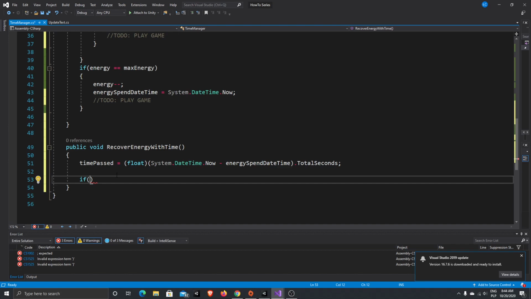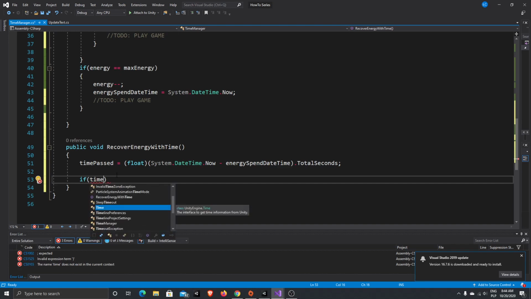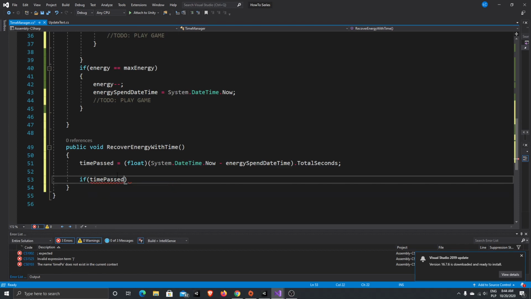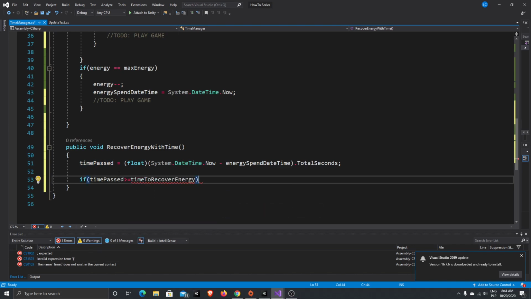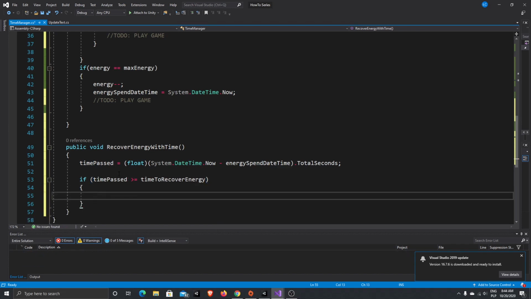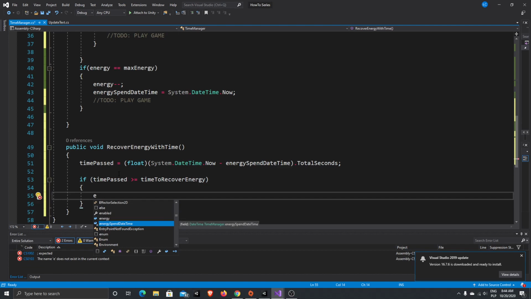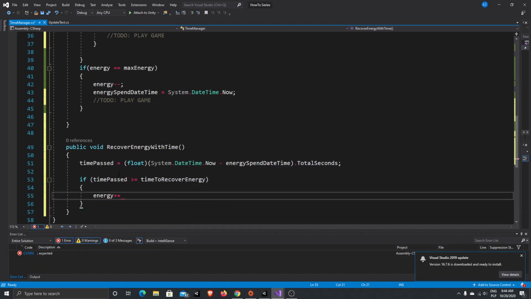Okay, so for our function to recover energy, now that we know how much time has passed, it should be very simple and very clear. So if the time passed is larger or equal to the time to recover energy, we need to just add energy. So we're adding 1 point of energy to our energy,